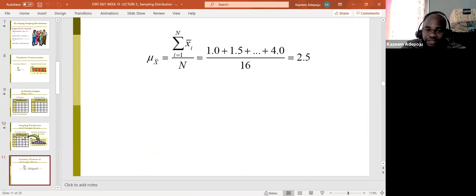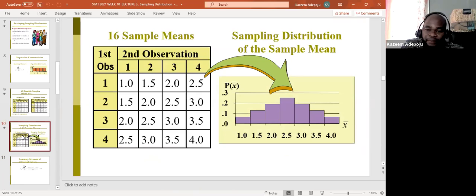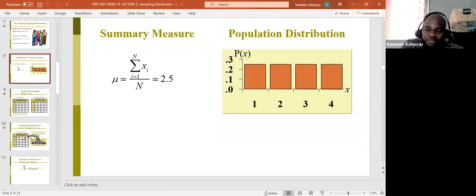When you do that, what are you getting now? You're going to get the same value that we got the other time under the population mean. Do you remember? Look at the value now. This also gives 2.5. Take a look at that. That also gives 2.5. Okay. I'm going to show you what we got when we were dealing with the mean the other time. Take a look at that. We got 2.5. Can you see now?